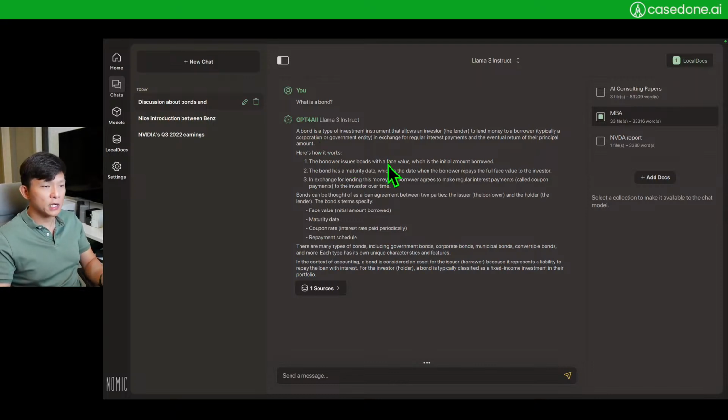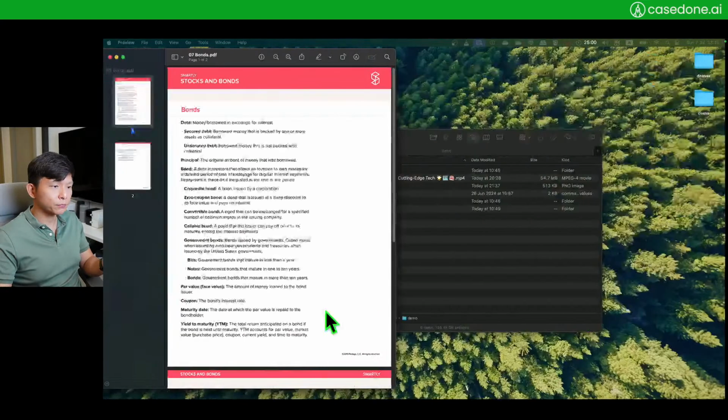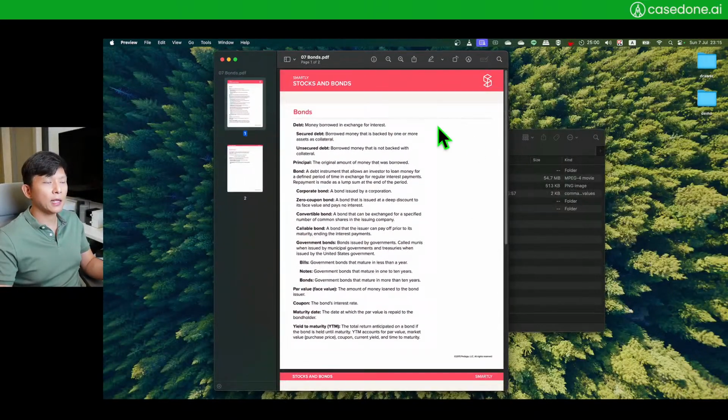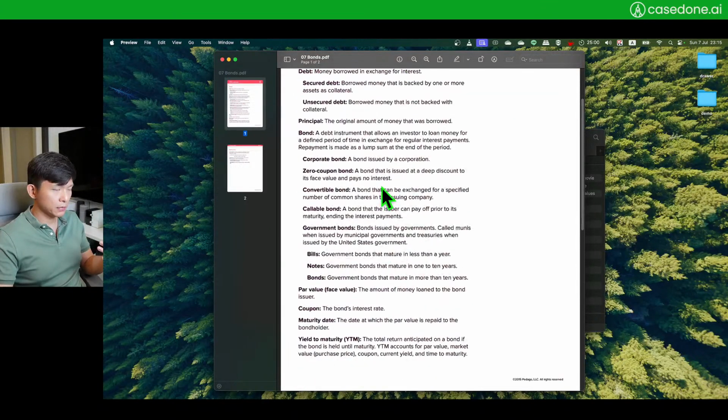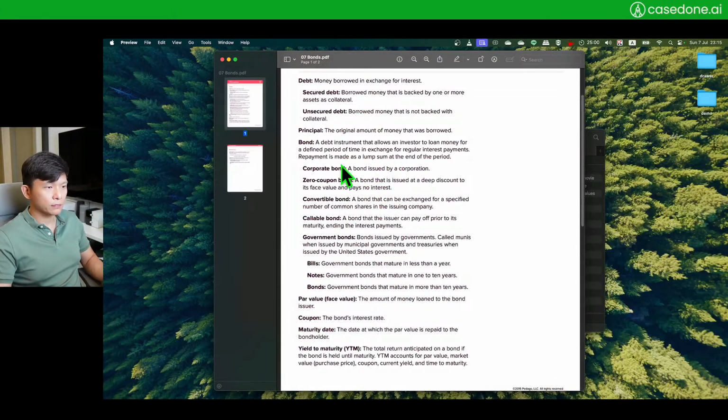Bond is a type of investment instrument that allows an investor to lend money to a borrower in exchange for regular interest payments and eventual return of their principal amount, and so on. And at the end, it has provided a source. So this comes from this particular PDF, bonds. You can double click and you will get to see the actual documents that the model based its answers on. So bond is a debt instrument, right? I think its answer is pretty good. Maybe I will try it again with the YTM,